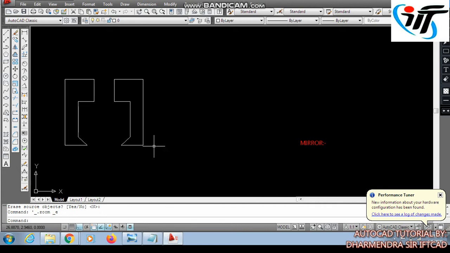In a bigger perspective, if you want to draw, we are using an arc here. We want the mirror of this arc. We'll specify the first point, then the mirror line.